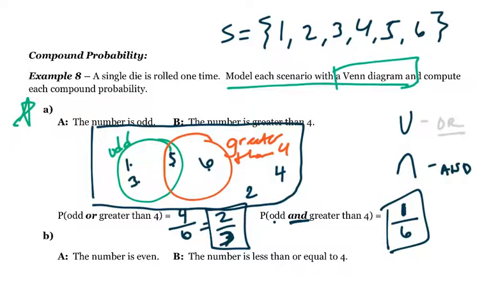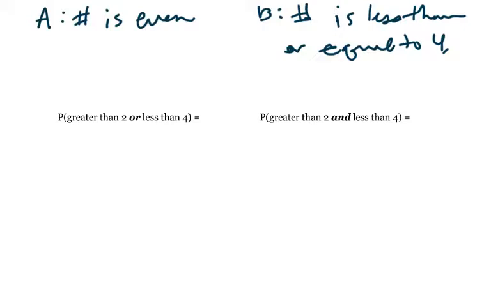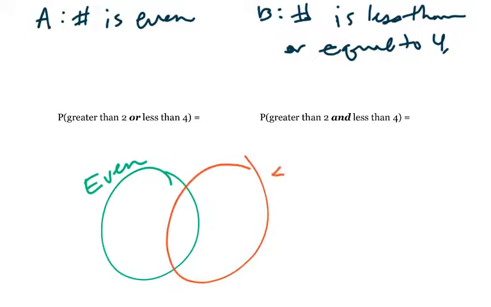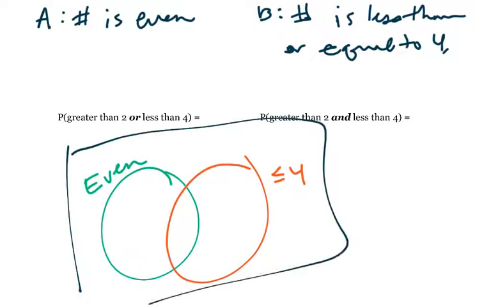So now we're going to do B, and I don't really have a lot of space, so let me see if I can duplicate the page, but then do the work for B above. For this example, the two possible things that we're looking for is that A, the number is even, so this circle will represent the even numbers. B is the number is less than or equal to 4. So then we're going to, again, draw our universal set on the outside,